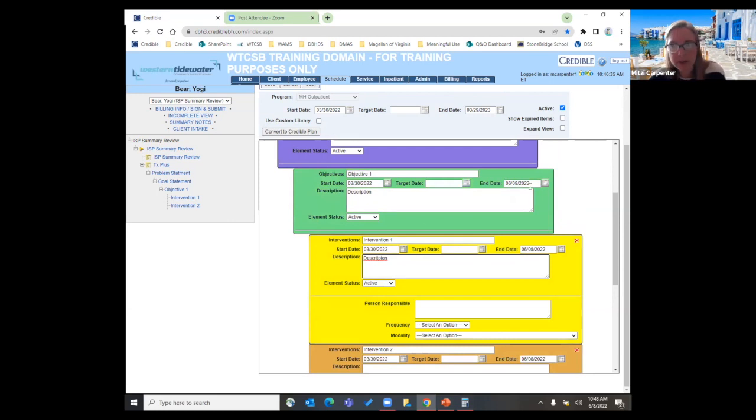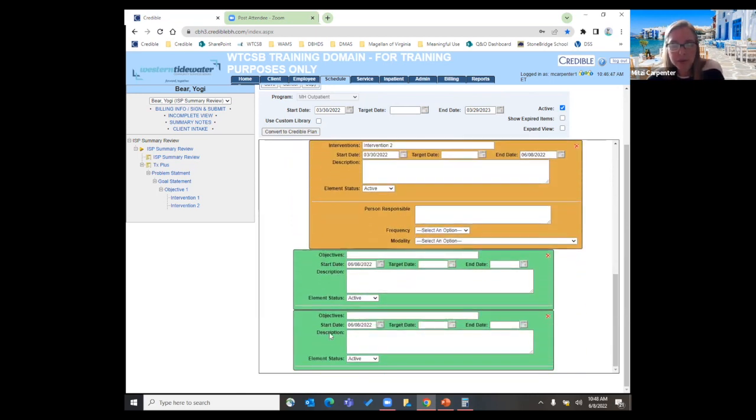There we go. So that fixes that problem. I have to end these interventions because they're connected to this objective. So if I don't end them, it's going to force me to end them. So now I have two new objectives that ended up in here. I didn't really want two objectives. I must have hit the objective button twice. So I don't need one of these. I'm going to get rid of it. I click the X,